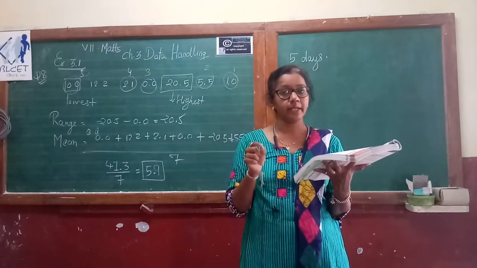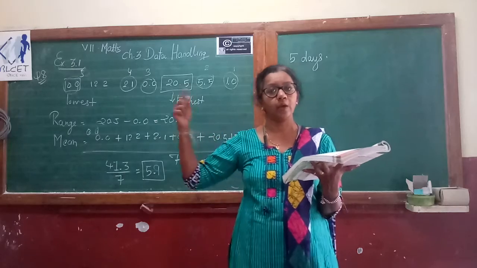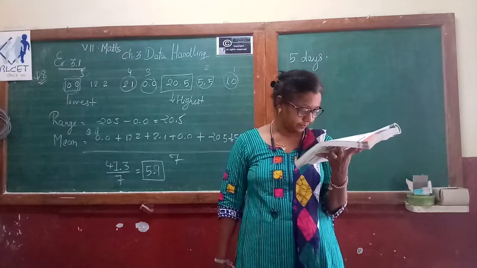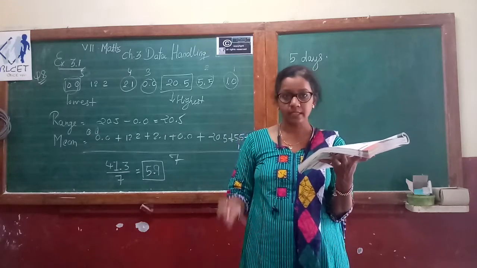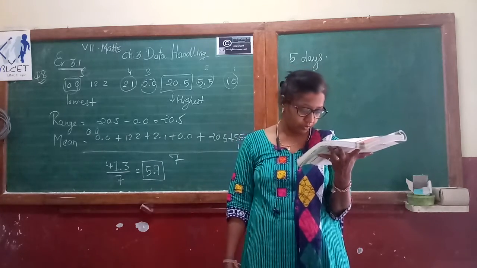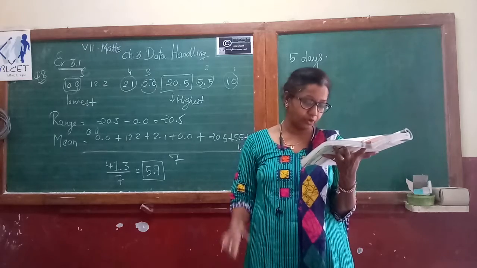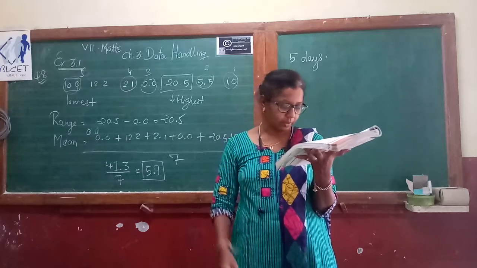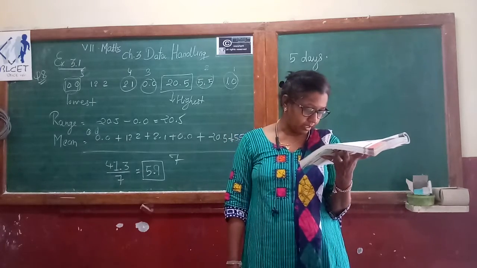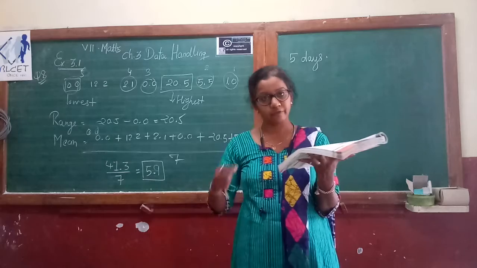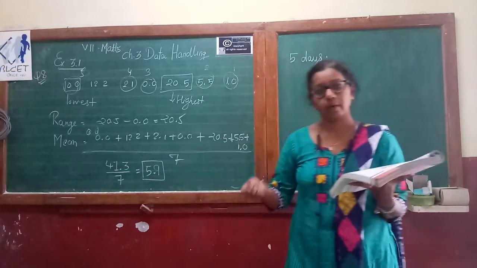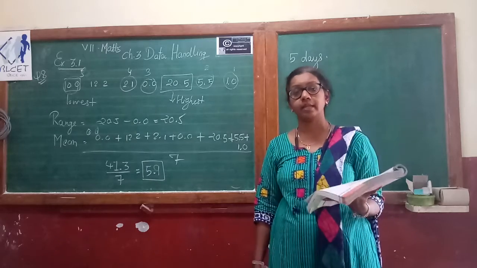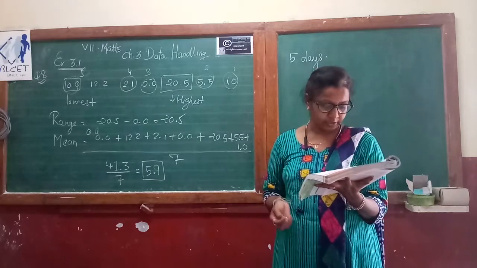For height, you have to arrange the heights in ascending order, so easily you will get the highest term and the lowest term. What is the range of the data? Highest minus lowest you have to do. What is the mean height of the girls? You have to do the addition of all the observations, divide by total number of observations. How many girls have the height more than the mean height? When you find the mean, whatever reading is above that answer, you can consider more than the mean height. So this is all about your question number 9.